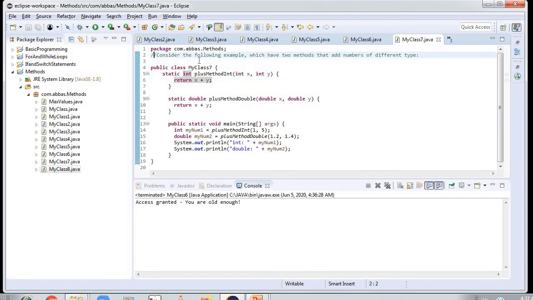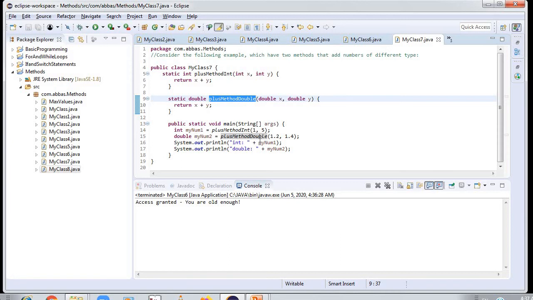Consider the following example, which has 2 methods that add numbers of 2 different types. So we are taking 2 methods over here. Here we are taking plusMethodInt, and here we are taking plusMethodDouble. We store the results in variables myNum1 and myNum2, and I created the primitive data types int and double.